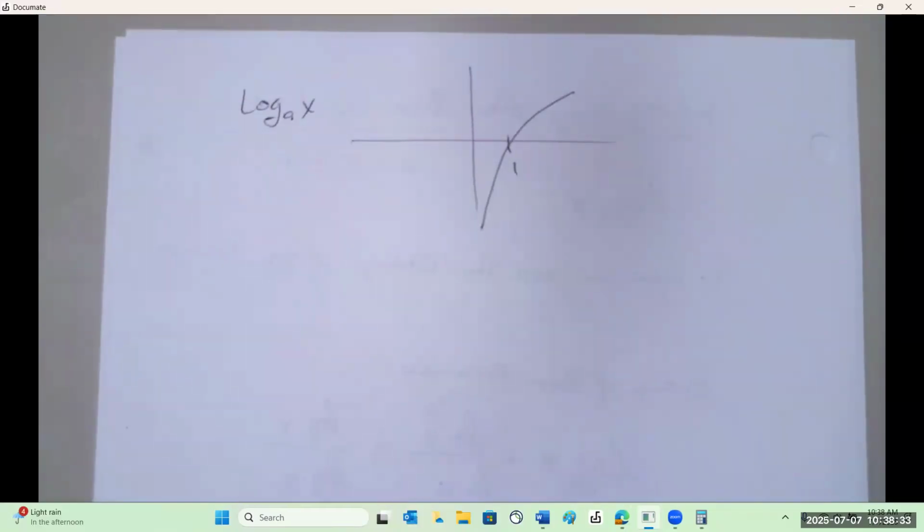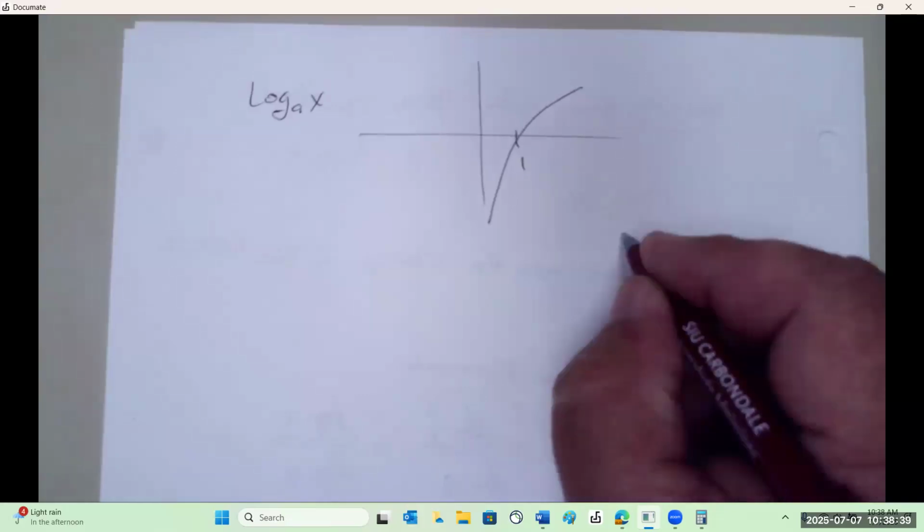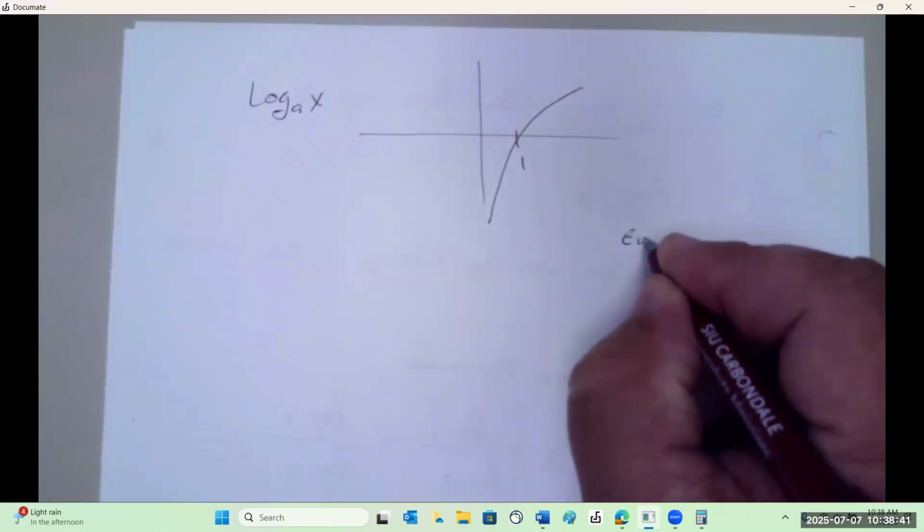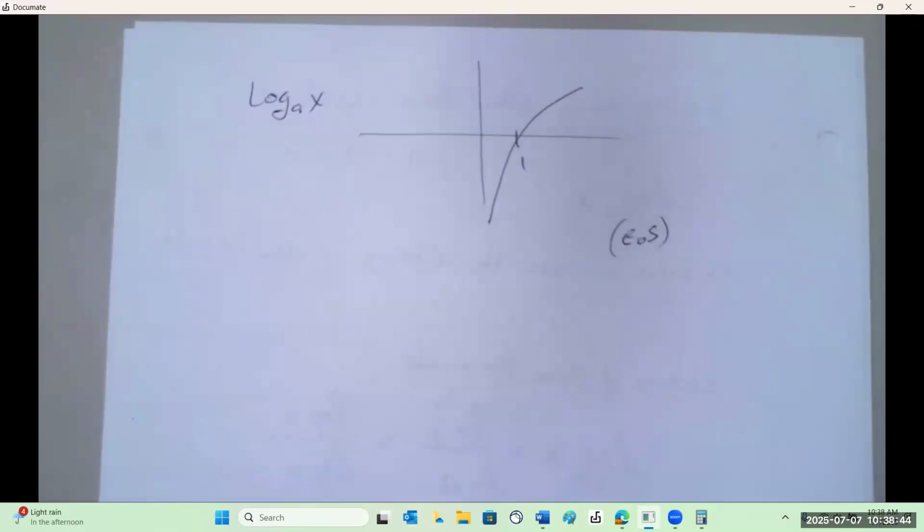Transformations. So again, we do the same thing with transformations. All right, so we'll call that a day. For that one, not a day. We'll call that one a section. So transformations are the same way. If it happens inside, it's a horizontal shift. If it happens outside, it's a vertical